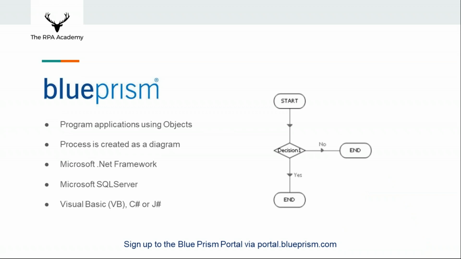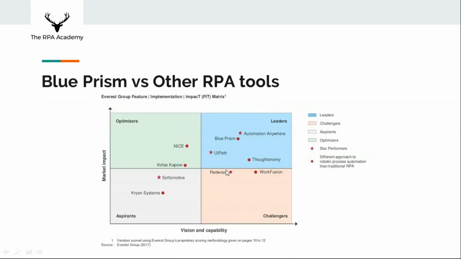Okay. And we talked a bit about Blue Prism, and what it is, object based. And I think a lot of you guys joined at this stage. One of the important things I said on here is that if you are from a programming background, you know some programming, you're technical, that's good because you can use Visual Basic, C#, J#, but you don't have to know it necessarily to do automations. You can do a full end-to-end automation without knowing a programming language. But if you do know it, it will help in certain things, which we'll cover right at the end in the advanced stuff. So I think from here onwards, everyone was in here.